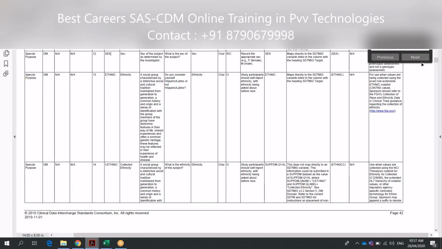Usually programs will look for something like SEX written this way, and if the programmer forgets that it was mixed case and writes everything in caps, the program will fail. So that's why they have made it standard that the variable is always in caps. The programmer doesn't have to think.